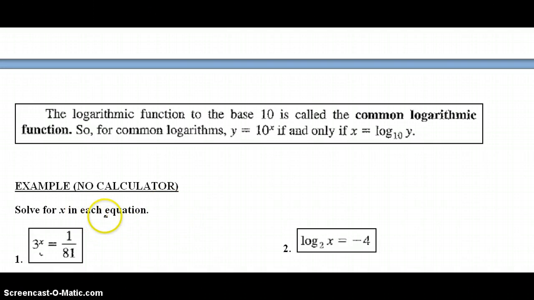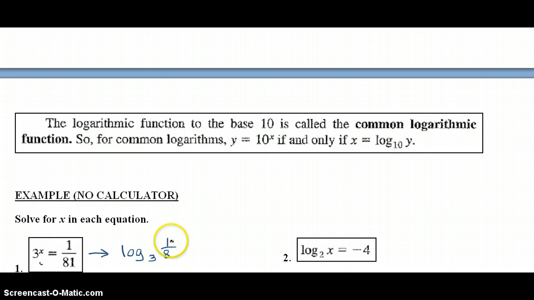Here are a couple of equations where you're asked to solve for x. The first one, 3 to the x power equals 1 over 81, is an exponential equation. If you have an exponential equation and you're solving for the exponent, as we are in the first example, you can take that equation and you can write it in logarithmic form. So this would convert to log base 3 of 1 over 81